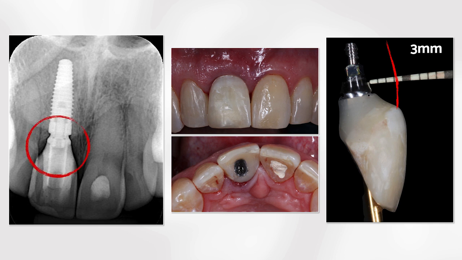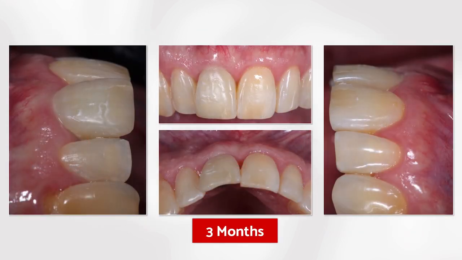And here you can see that the anatomical shape of the provisional crown at the proximal aspect didn't have any contact between the crestal bone and the provisional. And pay attention also to the correct three-dimensional position of the implant between the cingulum and the incisal edge of this provisional crown. 3 months after, soft and hard tissue is healed, and you can see the maintenance of the anatomical contour